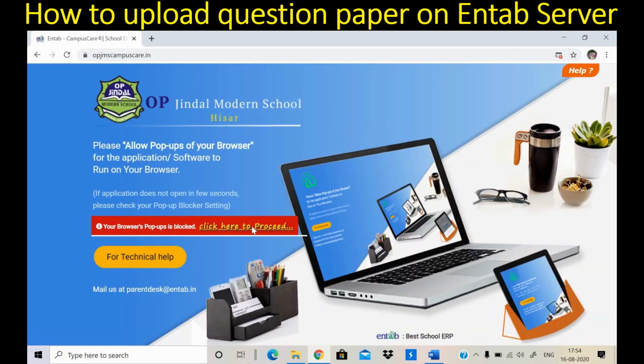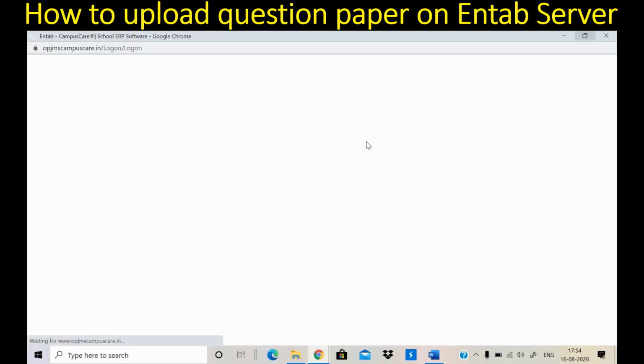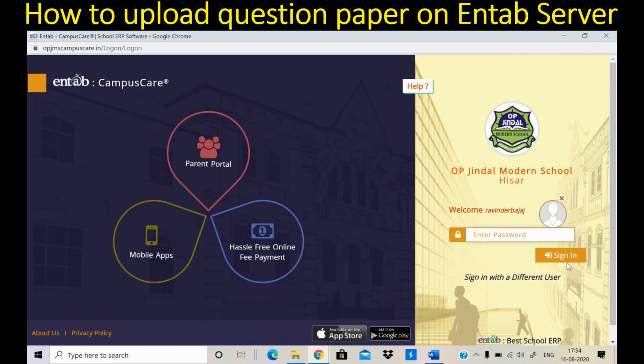Click here to proceed. Now here you will enter your ID. I'm entering my ID. You will enter your own ID. Ravinder Bajaj, and my password is,